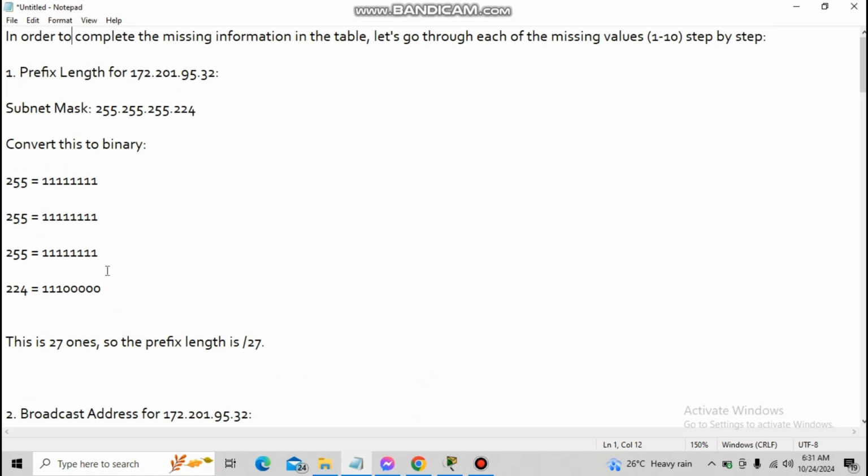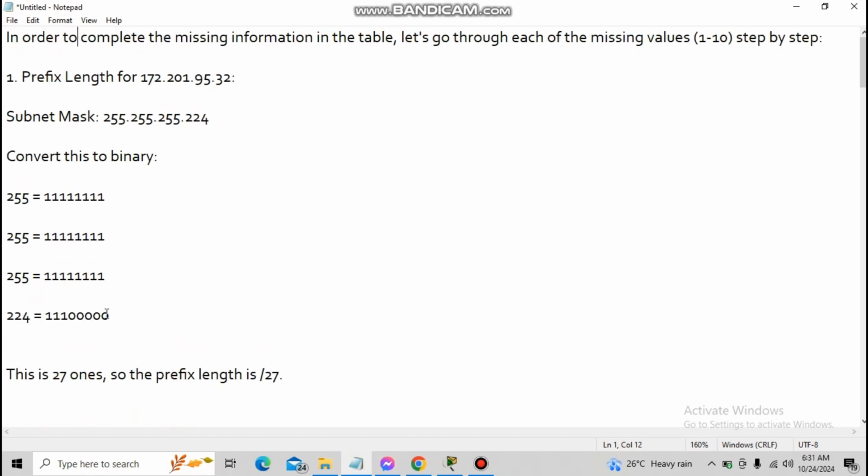From right to left, a binary code operates on the powers of two: 1, 2, 4, 8, 16, 32, 64, 128, and 128 plus 64 plus 32